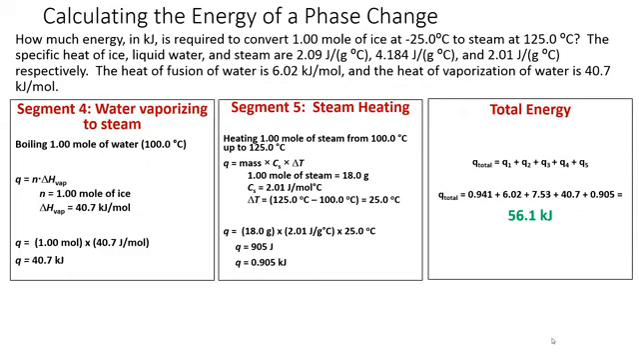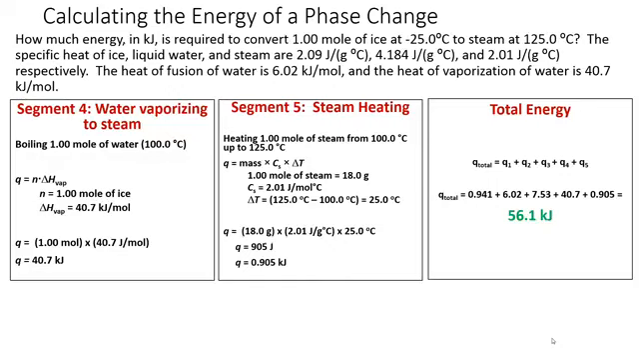And finally, we need to calculate the energy required to heat the steam, 1 mole of steam, from 100 degrees C to 125 degrees C. Again, because there's a delta T, we're going to use the Q equals mass times specific heat times delta T equation. And in that equation, 1.00 moles of steam is 18.0 grams. The specific heat of steam is 2.01 joules per mole or gram, same thing, degrees Celsius. Delta T is 125 degrees C minus 100 degrees C, which is 25 degrees C. So 18.0 grams times 2.01 joules per gram degree Celsius times 25.0 degrees Celsius is 905 joules, rounded to 3 significant figures, and 905 joules is 0.905